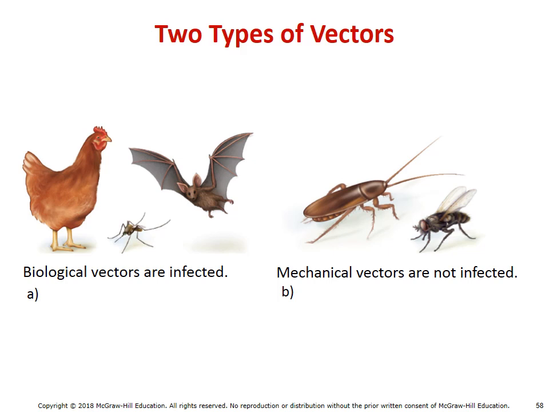So here are illustrations of biologic vectors. Again, chickens actively allow for the growth of salmonella inside of them, and as a result, they're a common source of salmonella. Another good example of a mechanical vector would be something like a cockroach. The cockroach will get into areas and pick up pathogens, but it's not actively trying to support the growth of the pathogen. Instead, it'll just carry it from one area to another.